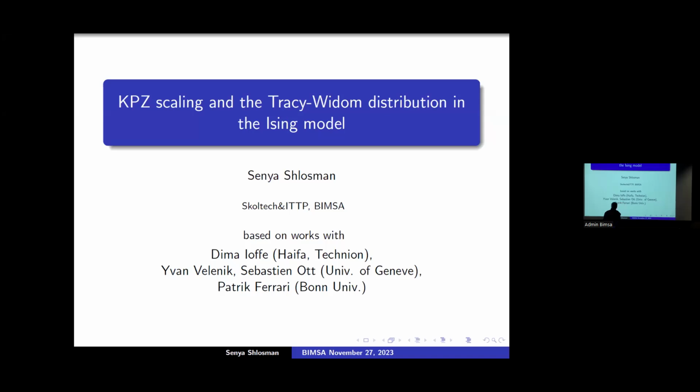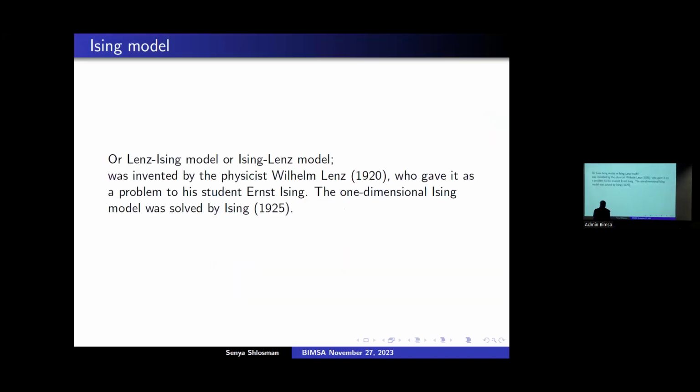So the Ising model was, I participated in a celebration of 100 years, when the model was 100 years old. It happened exactly when it turned 102 because of the COVID. So the memorial conference in Bures-sur-Yvette was postponed twice. So it was already a few years ago when it happened. So the model is quite old and well known.